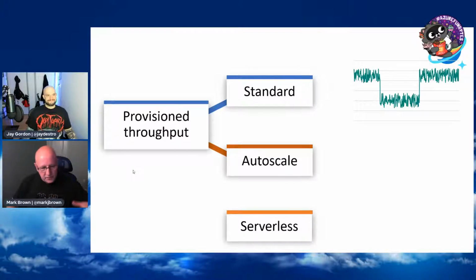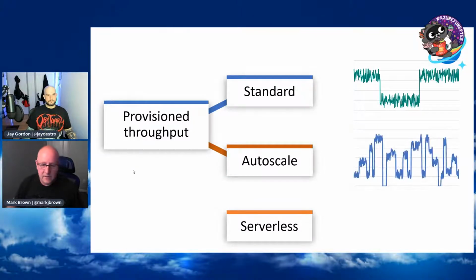Now you can change throughput with Cosmos, but there are some limits there. You can't go from 400 RU to 1 million RU instantly, just like you can't provision a new VM like that instantly. You can move throughput up and down, and we'll adjust that instantly for smaller amounts. But major amounts are difficult because we still have to provision the compute behind that to provide that throughput. Autoscale is different.